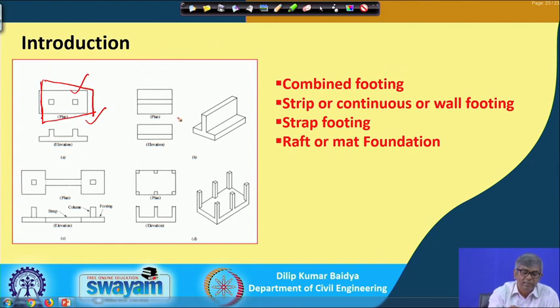And this is the one that is strip footing; that is an elevation, and this is the front plan view, that means this is the wall thickness, this is the width of the footing, and this is actually the thickness of the footing. This is the wall continuation elevation we are seeing, and this is the side view, that means if you see from this side, you will see the footing like this. And then this is sometimes called strap footing. In a strap footing, these two footings are basically isolated, but because of some reason, such as unequal load and many other reasons, these two are connected by a beam-like structure.